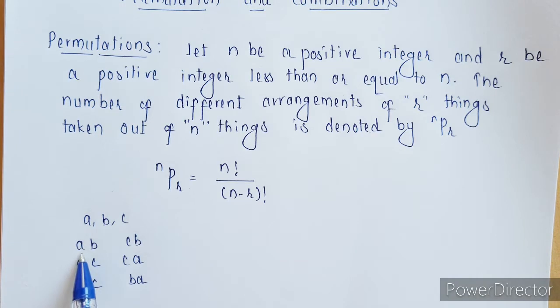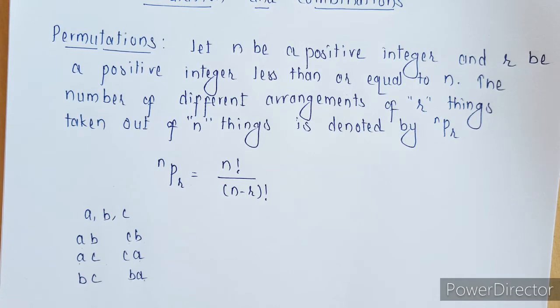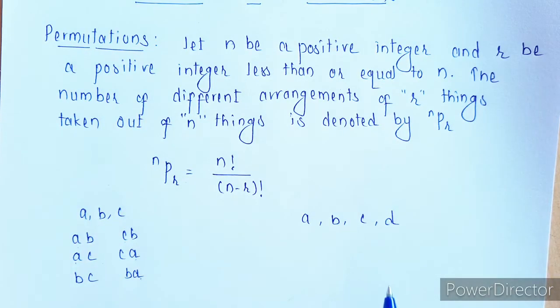We can first write A then B, or B then A, we can write A, C, we can write C and A, or we can write CB or BC. So these are the 6 different possibilities we can arrange these 3 alphabets. Now what if we have 4 elements and we have to make pairs of 3? So total there will be 24 ways. Similarly, what if we have 5 elements? So it is going to go on. So it is not actually possible to list out all these possibilities. So what we do is we use permutations.